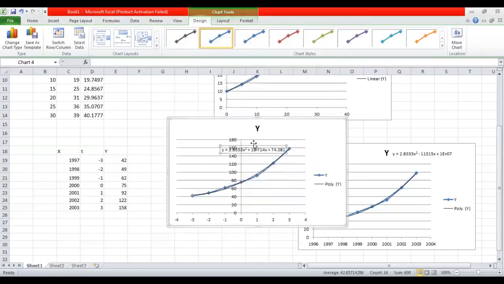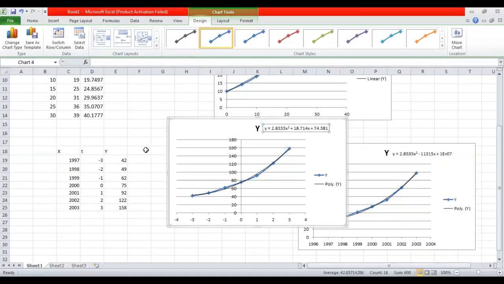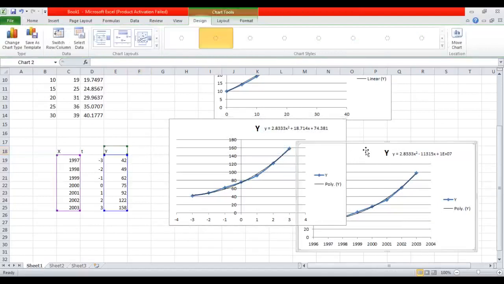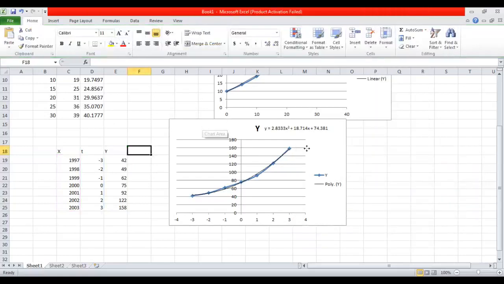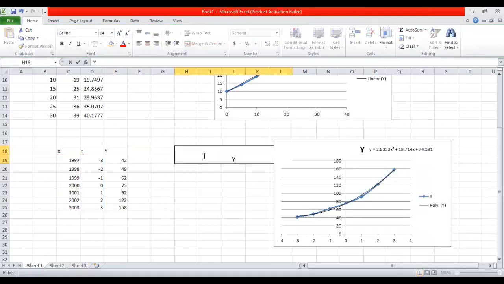So now this is the equation in terms of t. In terms of t, the equation is this one, and this one is in terms of x. So for easy calculations, we use the equation in terms of t only. So what is the equation we get? Y equals